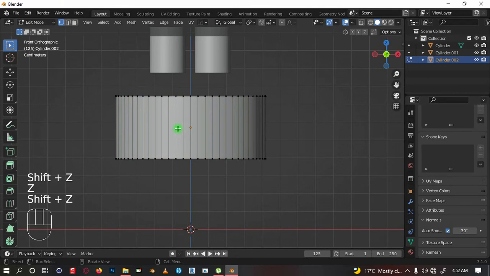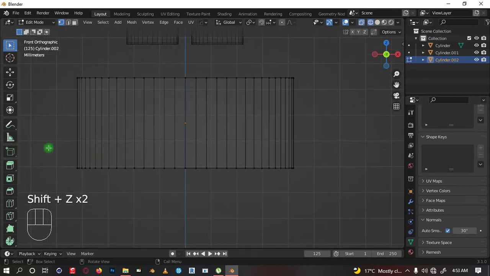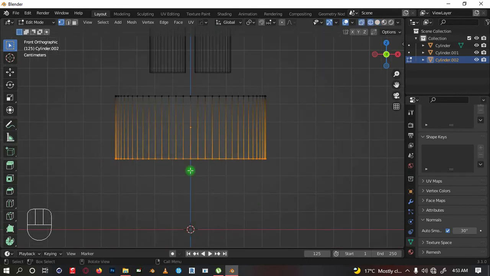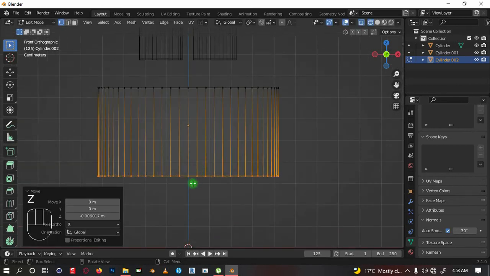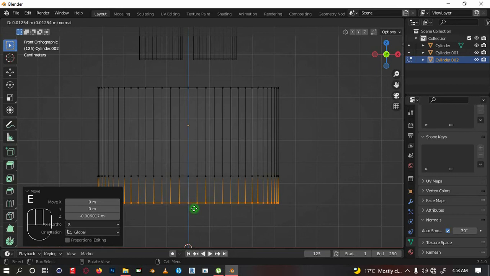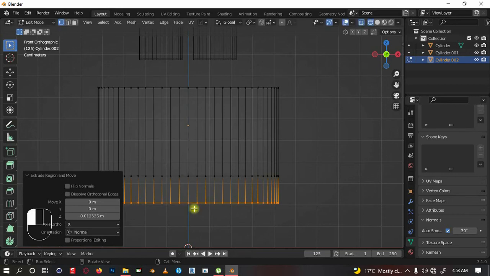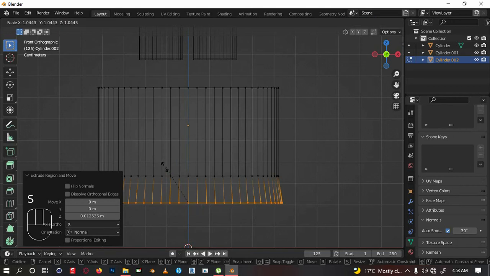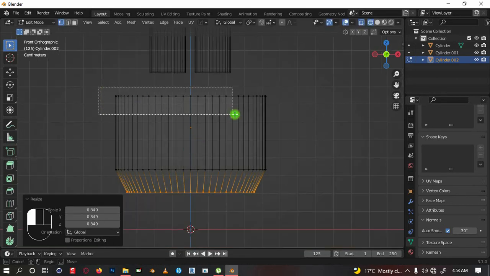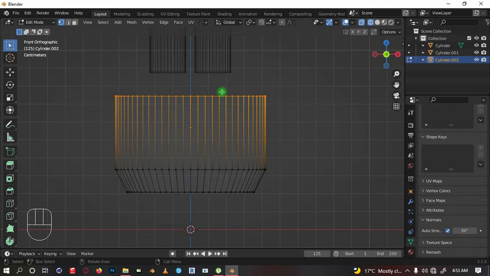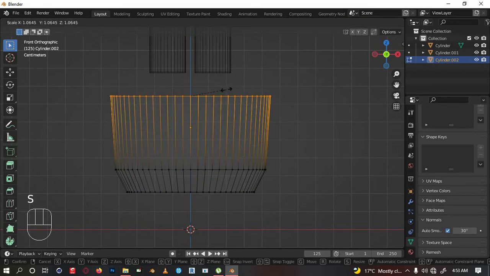Let us Shift Z. Okay, so what we're going to do is drag this down a little bit, then we're going to extrude them out like so, and we are going to scale them in a little. Then we're going to highlight this on top, then scale them a bit as well,